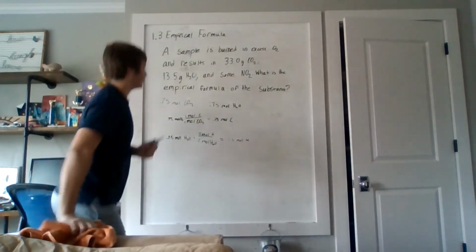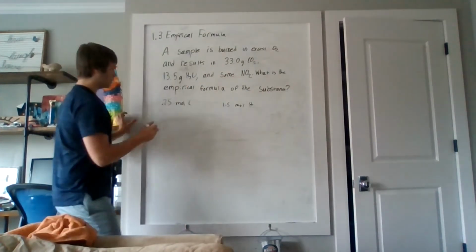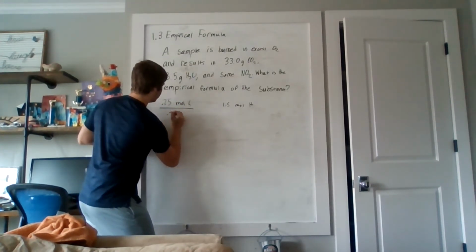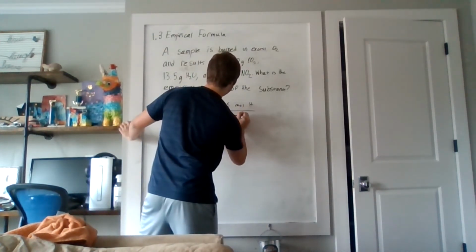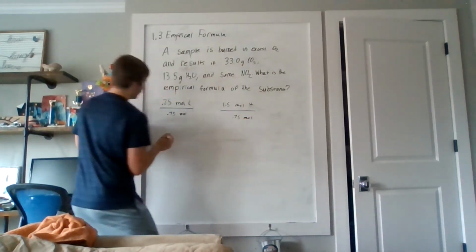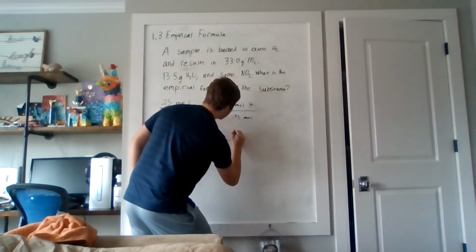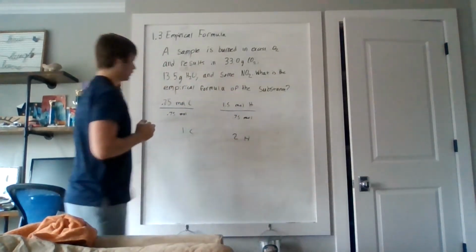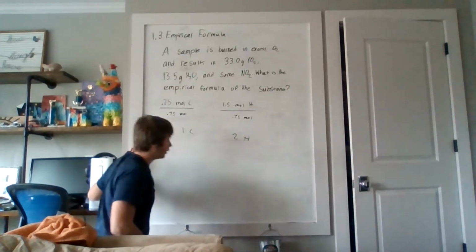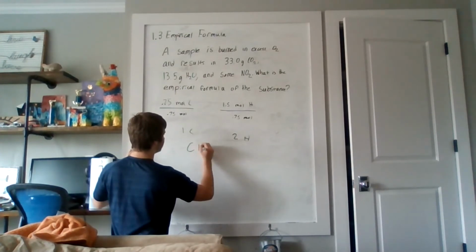So now that we know that, it's our standard empirical formula problem. We can divide by our lesser one, which is 0.75 for both. And we can get 1 carbon per 2 hydrogens. So now that we know this, we know that it's CH2,